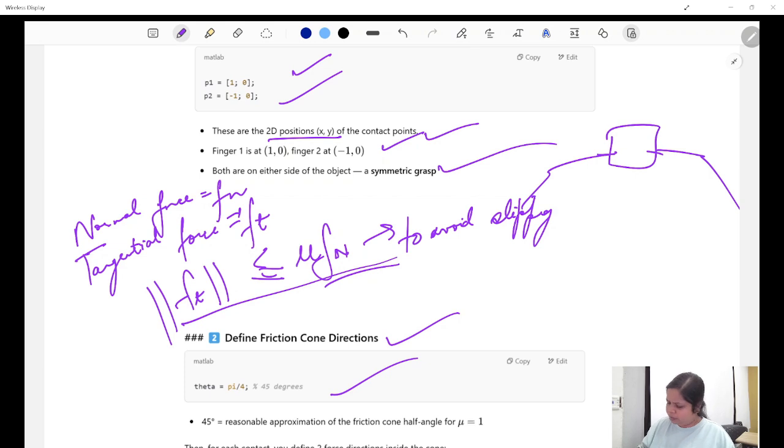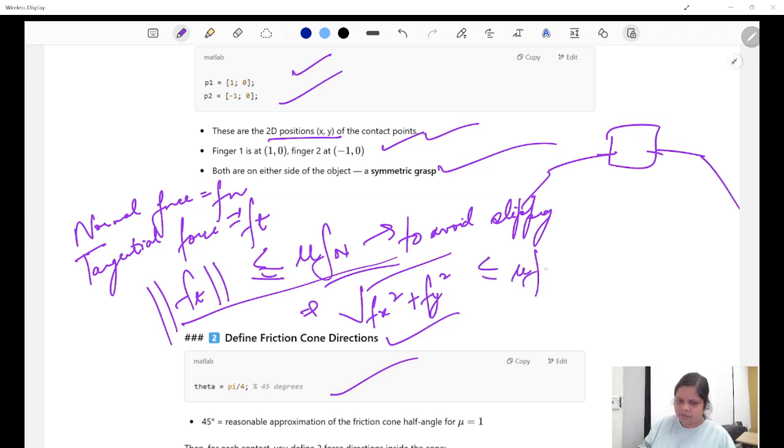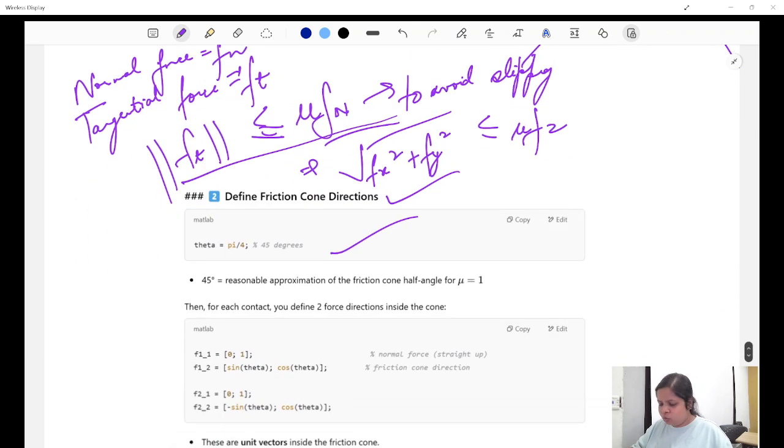And from here we can also write one more thing. We can write fx square, because it is just a tangential force, and we can bracket fx square plus fy square should be less than mu into fz. That's all. Okay, so this gives a full 3D cone of allowable force directions. So what it is used for actually, it determines in which direction, if this is the object, you won't always apply force in the normal direction, right? It won't always be this way. Sometimes you'll apply it this way also, right?